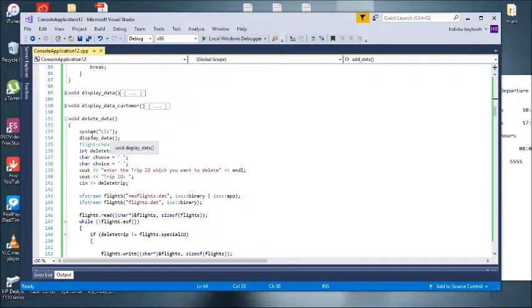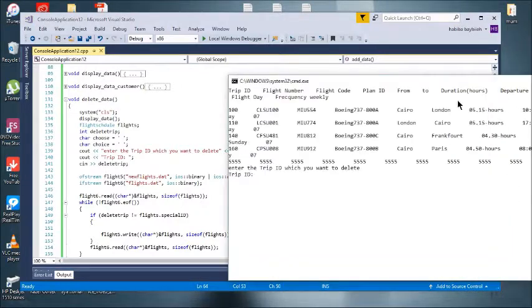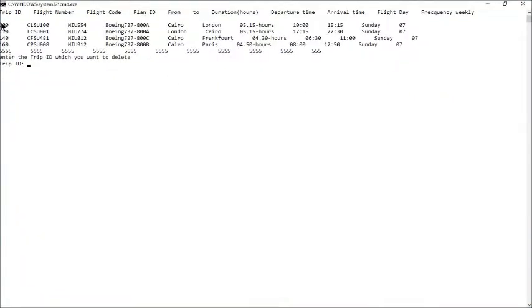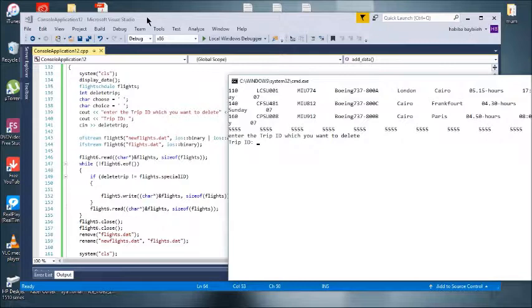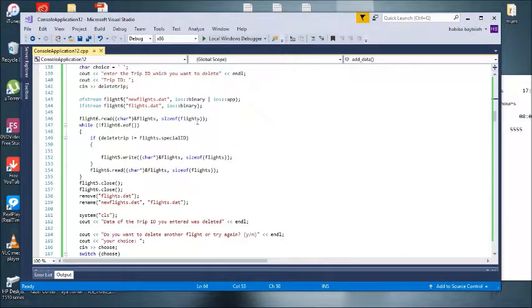It first calls the display data function, which my friend made, to show all the data stored there, and then we ask for the trip ID, one of those displayed. If the trip ID is equal, here I'm going to create a new file to write in, and this is our old file which I read from. Then I read from the file, and if the trip ID is not equal to one of those,